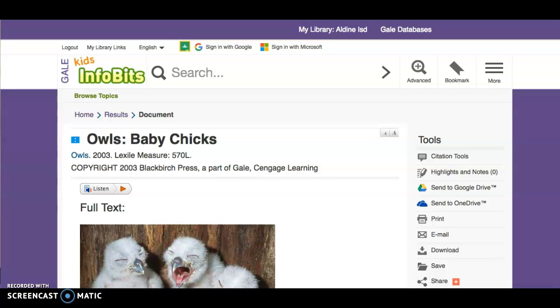One helpful tool in Kids Infobits is the highlight and note-taking tool. This allows you to make highlights of important information and take notes and save these to your Google Drive. This is important because when you are writing your research, it allows you to focus on the information that is